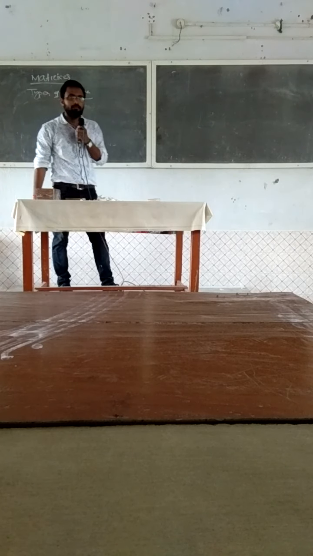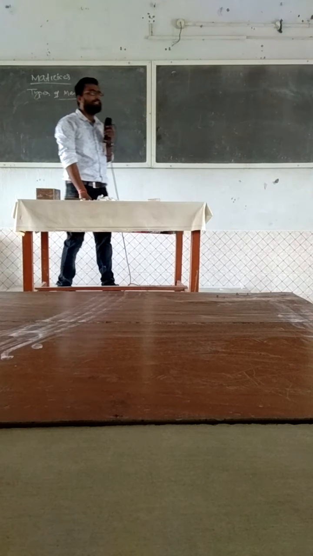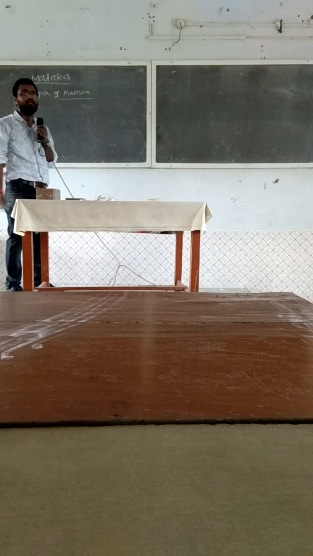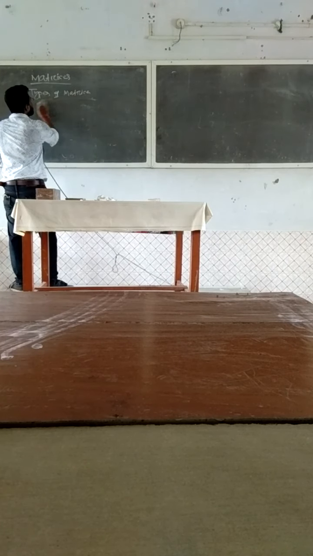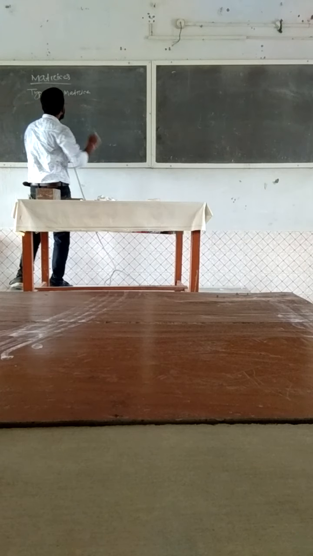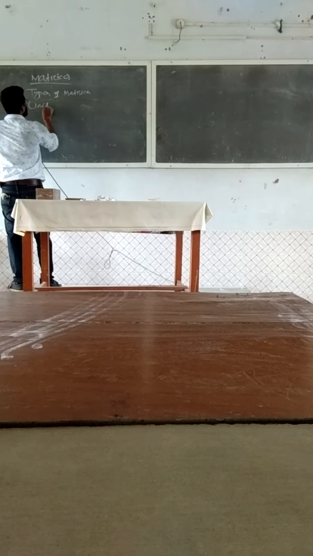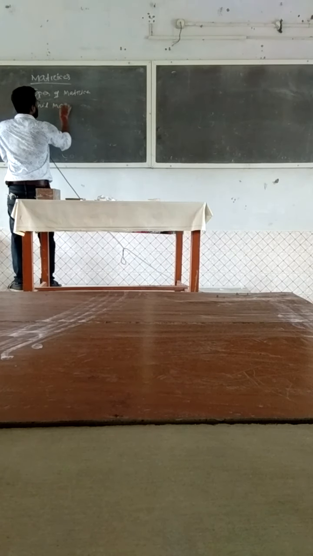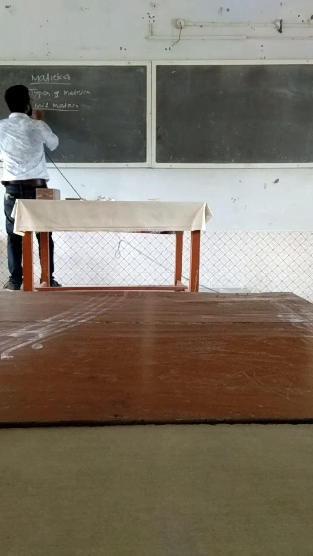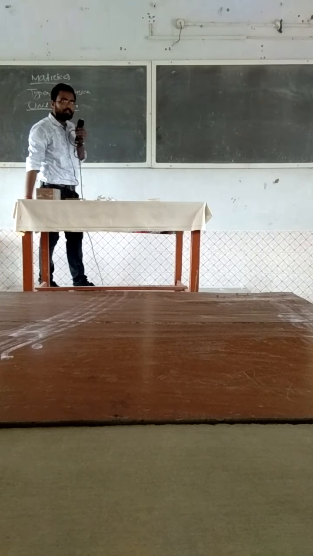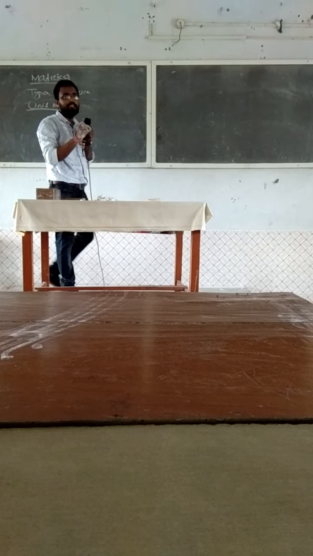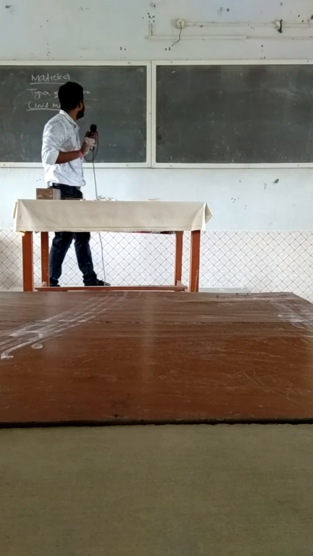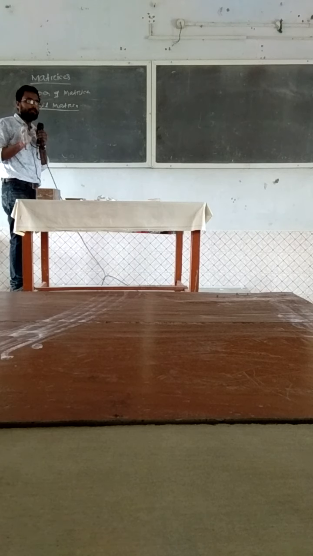Before this class, we studied the scalar matrix. Now we study the unit matrix, which belongs to the types of matrix. A unit matrix is also a square matrix, and its diagonal elements are unit, that means 1. Then the matrix is called the unit matrix.